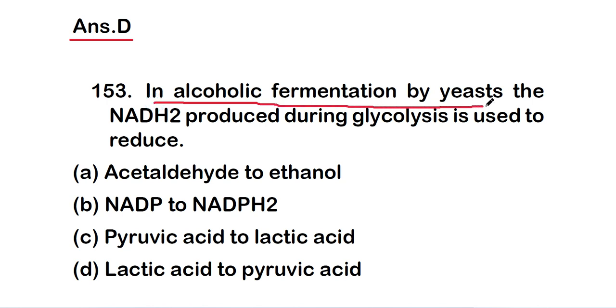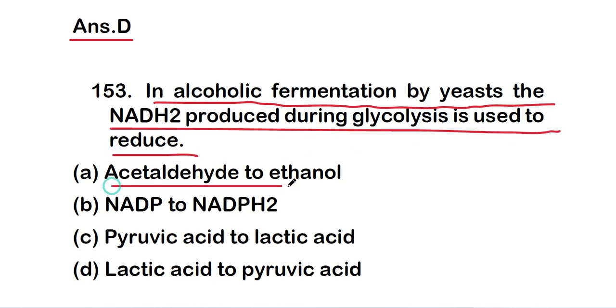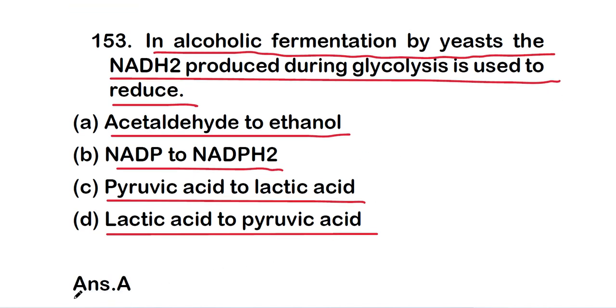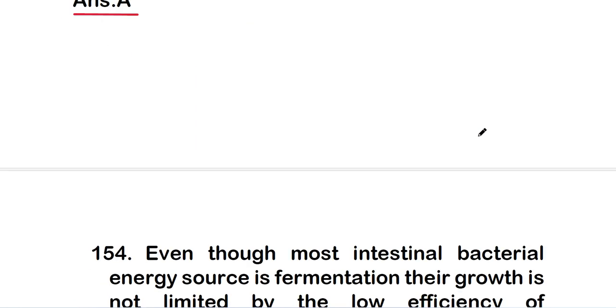In alcoholic fermentation by yeast, the NADH2 produced during glycolysis is used to reduce option A acetaldehyde to ethanol, option B NADP to NADPH2, option C pyruvic acid to lactic acid, option D lactic acid to pyruvic acid. So the right one is option A, that is acetaldehyde to ethanol. So in alcoholic fermentation by yeast, the NADH2 produced during glycolysis is used to reduce acetaldehyde to ethanol. Okay, so the next one is